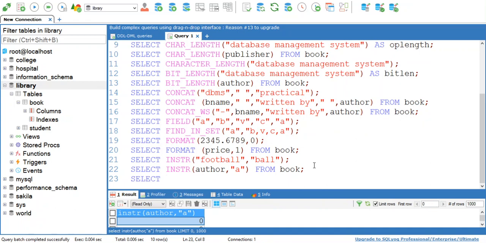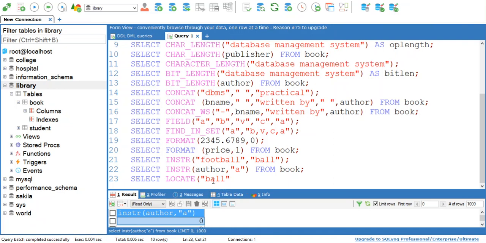Then we have another string function, that is locate. The locate function is the same as your INSTR function, that is, it is also used to locate the first occurrence of a substring in the main string. The only difference is in the sequence of parameters. In INSTR, the first parameter is the original string and the second parameter is the substring for which we want to find the occurrence.